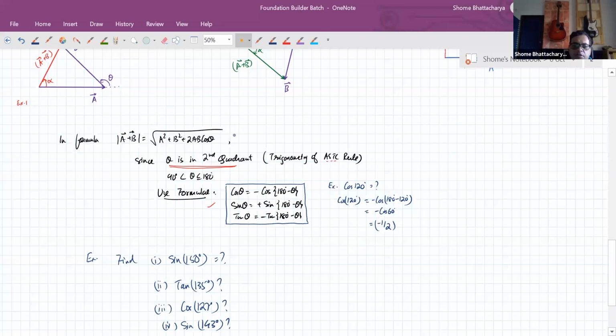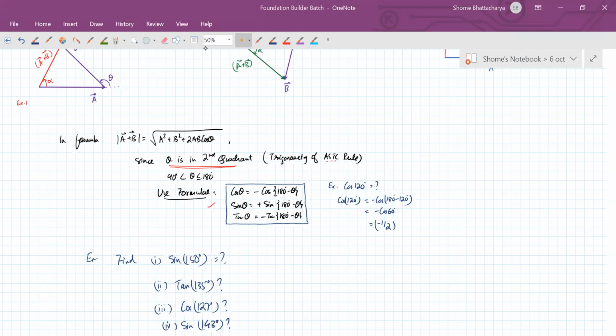Once you are comfortable with these formulae, you will see that there's no difficulty in the vector application part. But yes, you need to remember these formulae so that you can apply them directly every time the vectors we are talking about are at an obtuse angle to each other and we want to apply the triangle law. In that we will need cos theta and also sin theta, because the second part of the triangle law formula, don't forget, is that tan alpha is b sin theta upon a plus b cos theta. So we should be able to apply these formulae.